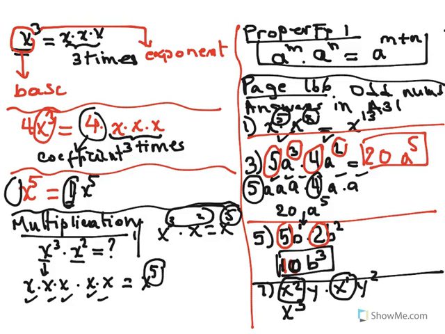Yes? And then I have y and y to the second. Remember that this y has an exponent of 1. So that would be y. 1 plus 2 is 3. The answer is x to the third, y to the third. Yes? So now we're going to do problem number 9. Problem number 9, I have